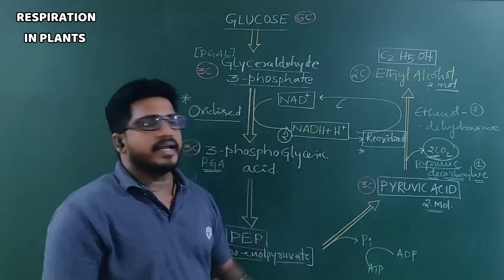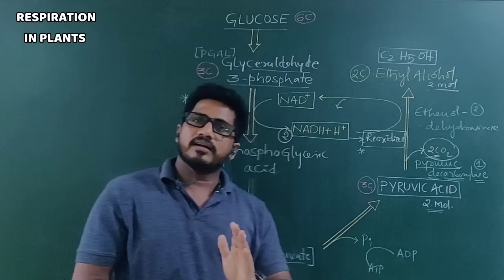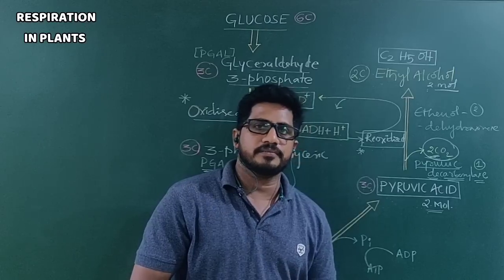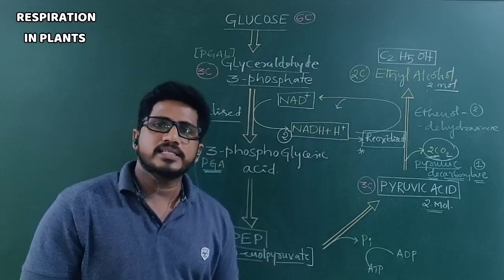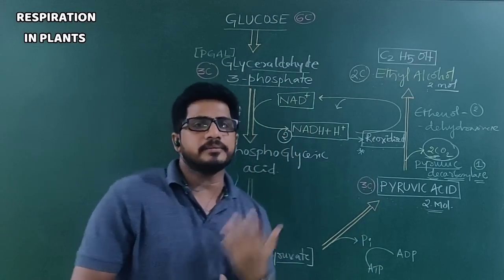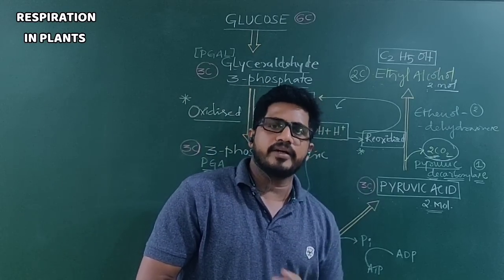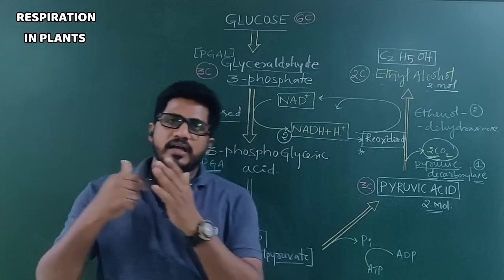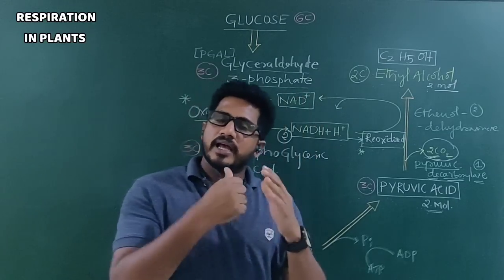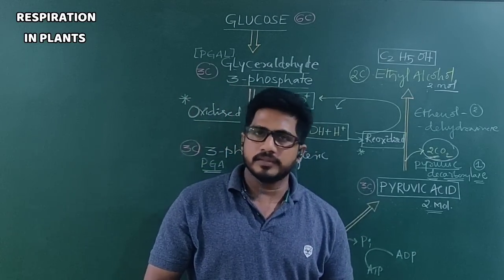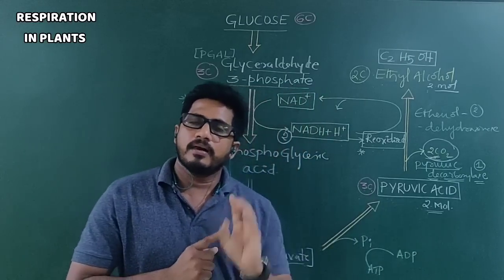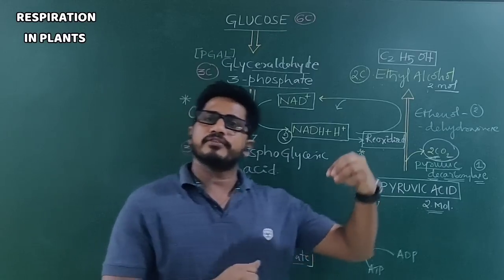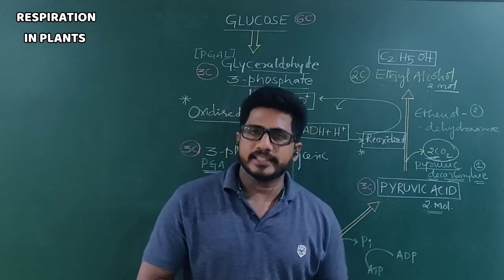Remember, only in fermentation, carbon dioxide is released. In non-fermented anaerobic respirations, carbon dioxide will not come. Example, lactic acid and acetic acid productions. Clear? It happens in yeast cells. And anaerobic respiration happens in many cells, even in eukaryotic cells, according to the demand. I hope you understand the difference between anaerobic non-fermentation reactions and anaerobic fermentation reactions. Clear? Here we will discuss the two fates: fate of pyruvic acid in the formation of lactic acid, fate of pyruvic acid in the formation of ethyl alcohol or ethanol. That's the fermentation.